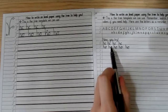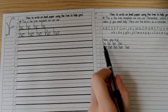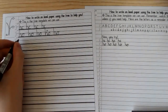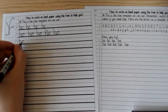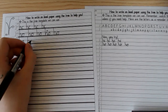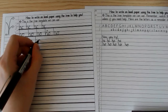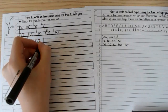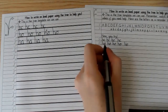And you can see I'm still checking that the middle part of my H is in line with where the O is as well. So they're all the same size. Even though this is an ascending letter, that middle part is still the same height as the O. Okay, moving on to HA, or in our case, we're going to create a row of ha-ha-has. So a bit like the O, except you go down and flick. And on the single lines,